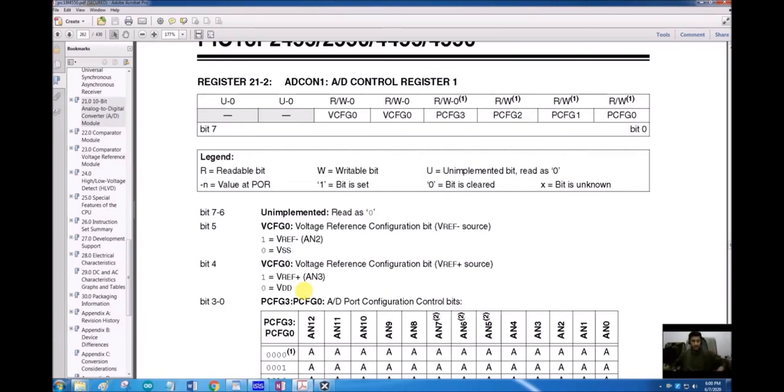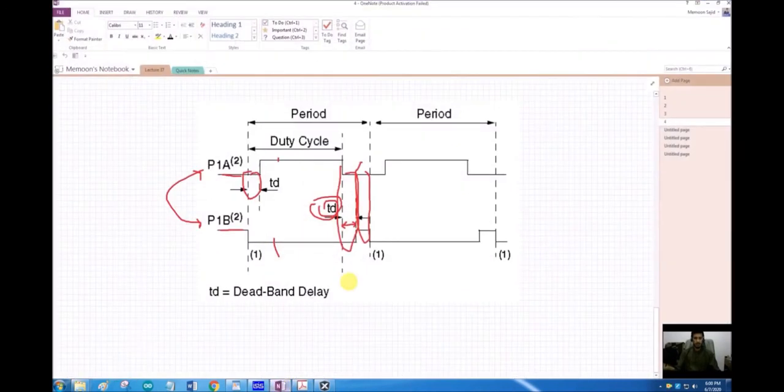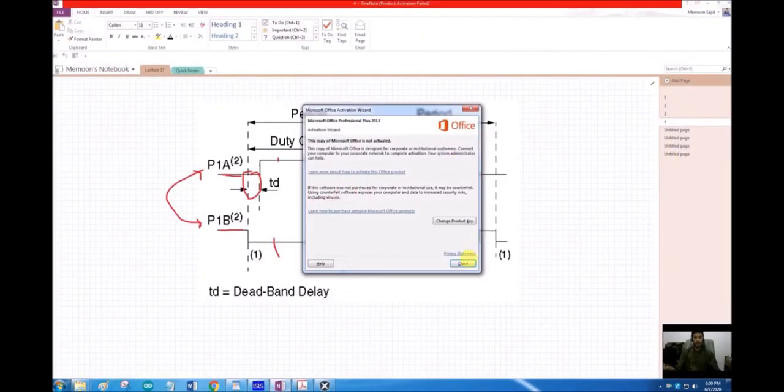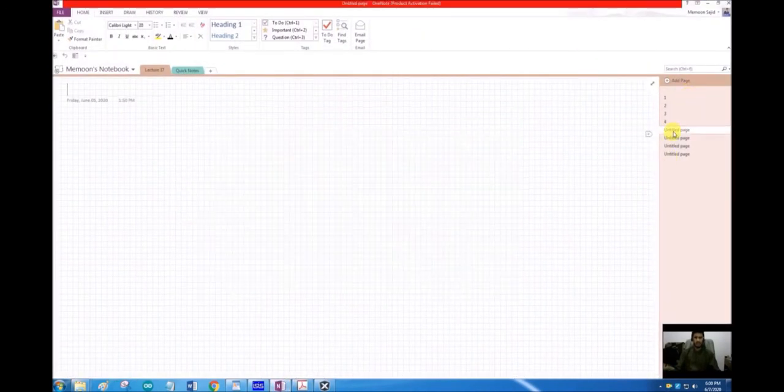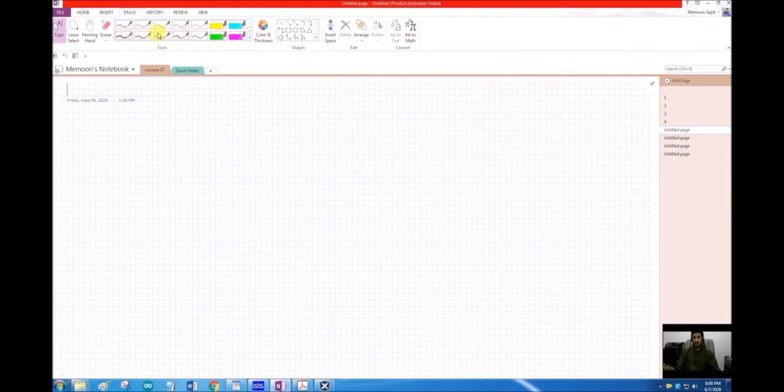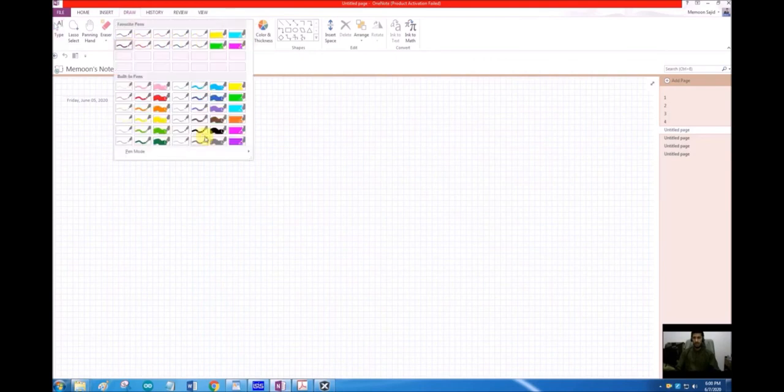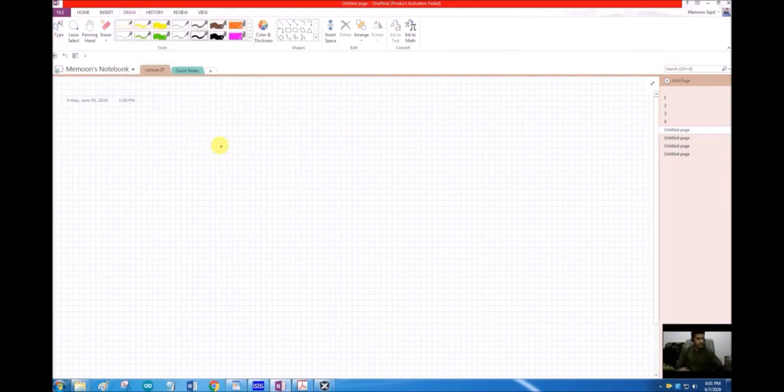But let's assume that the analog input we were trying to read had a value that was only changing from, let's say, 1 to 3 volts. We have some kind of device that has an analog output, and that output ranges from 1 volt to 3 volts only.